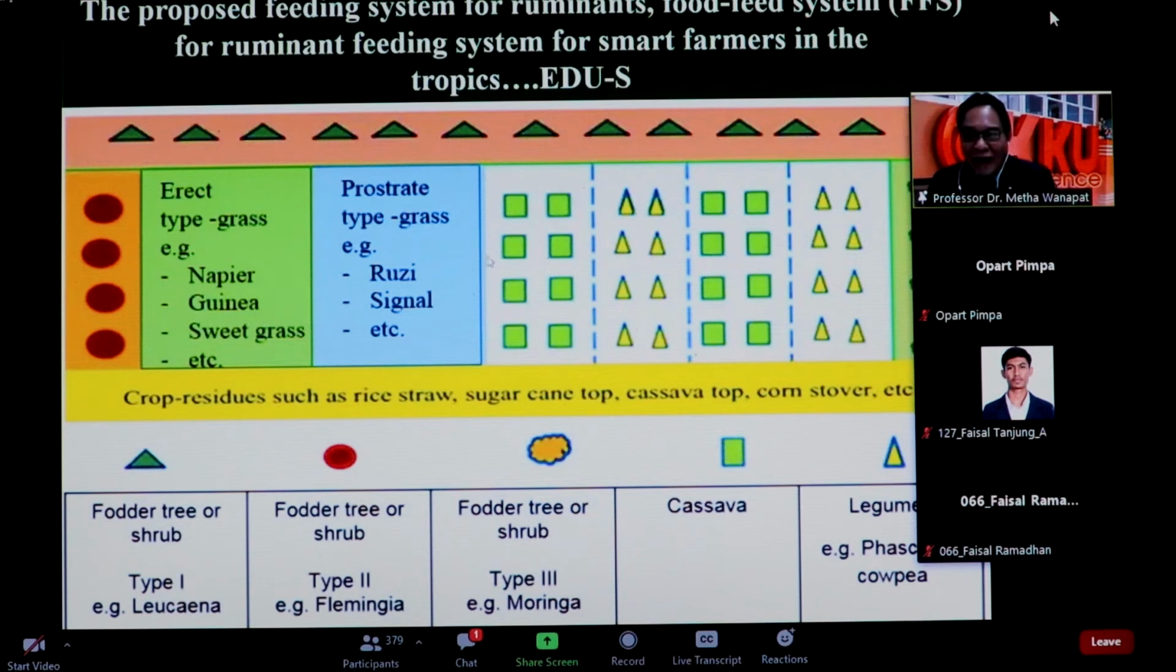And in the lowland there, you can grow grass, right? There are two kinds of grass. Like Professor Novi, you can see that there are two kinds: the climbing type like signal grass, rooted grass, and the erected type grass, napier grass, guinea grass, things like that. Napier erected type should be recommended, because they can produce more additional biomass than the climbing type grass,